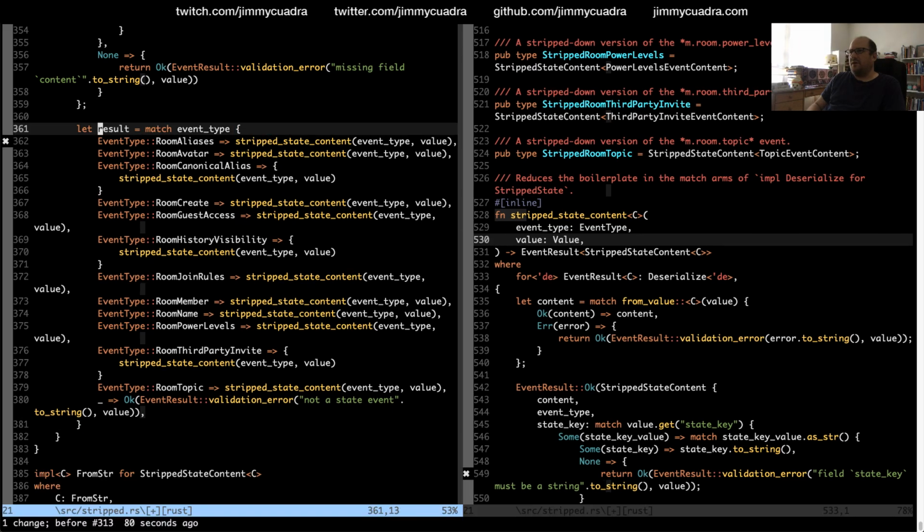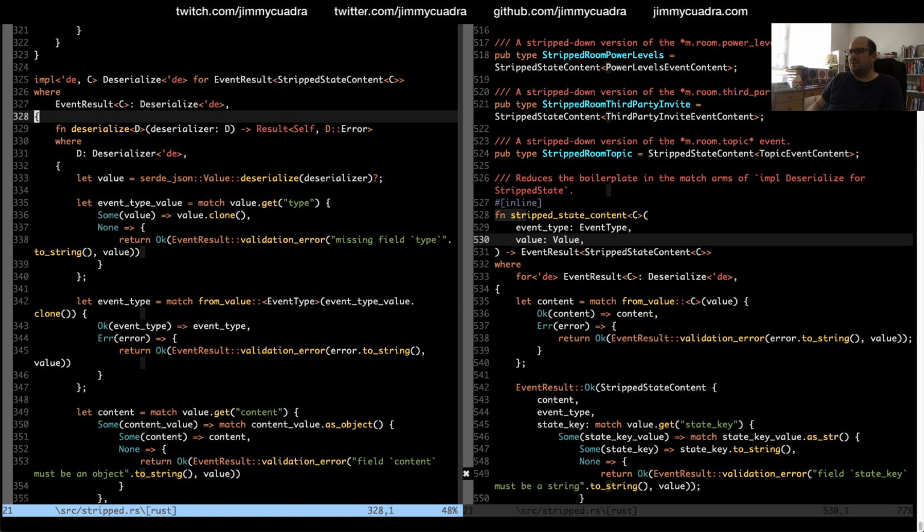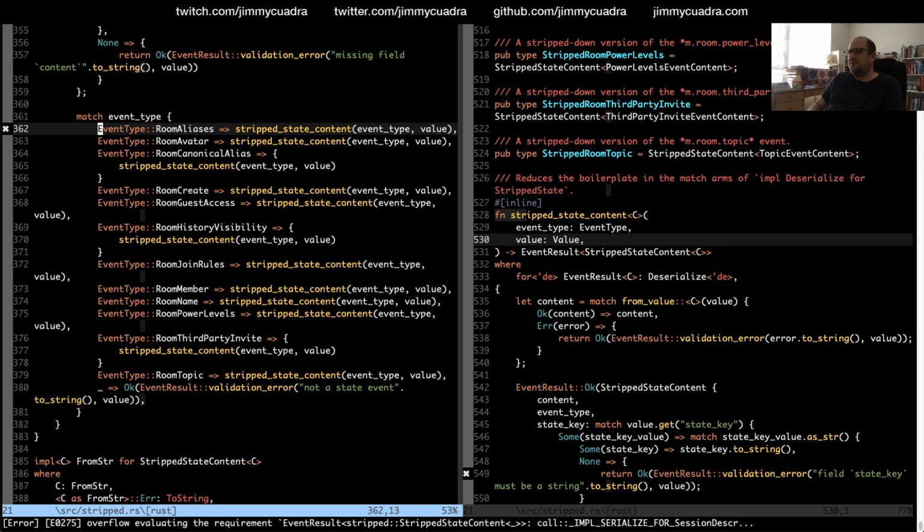Maybe this is right. I don't actually want to return a result. I want this to ultimately return an event result of stripped state content. It seems right.